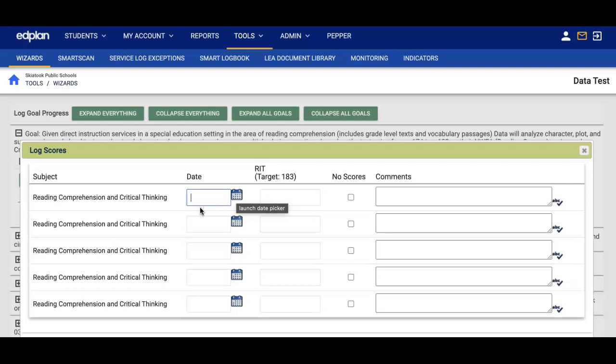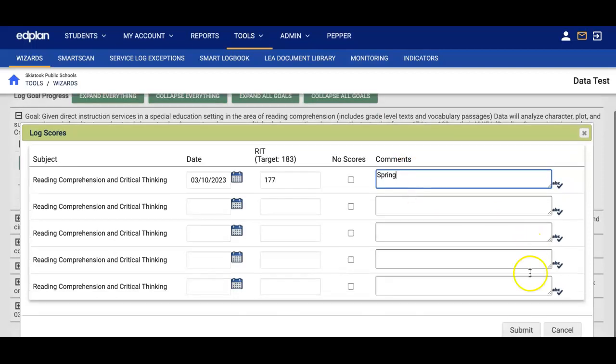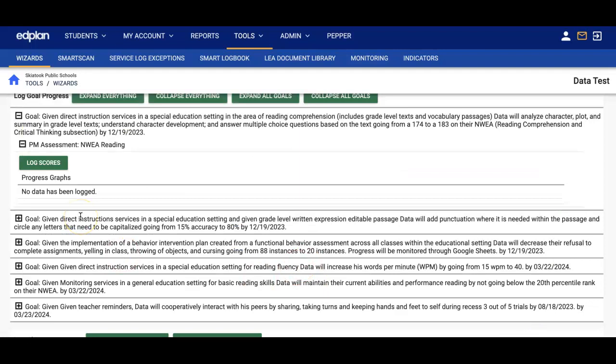If you do not put a baseline in, let's just say that you can see here the target score is a 183. So EdPlan talks to the evaluation procedure below, but the baseline that we said, 174, is nowhere to be mentioned. So if we put in our first progress monitoring note, we can say 0, 3, 10, without putting in a baseline, 20, 23, and let's just say they just now scored a 177, right? Comments. Spring, submit, and it's going to then,